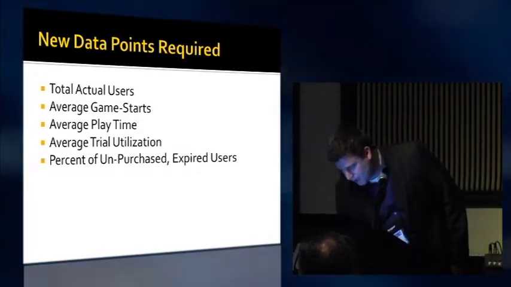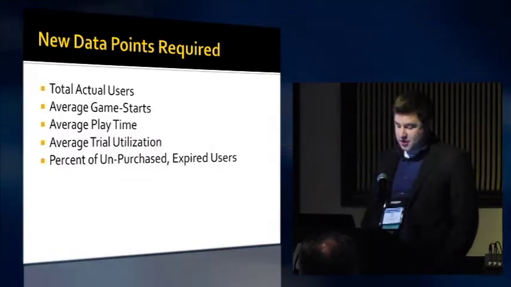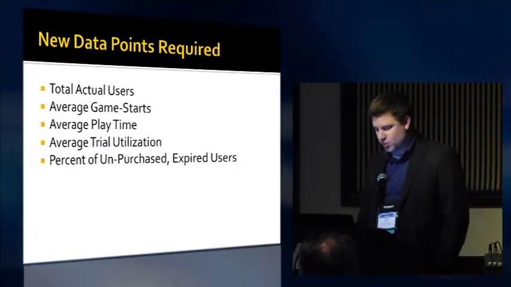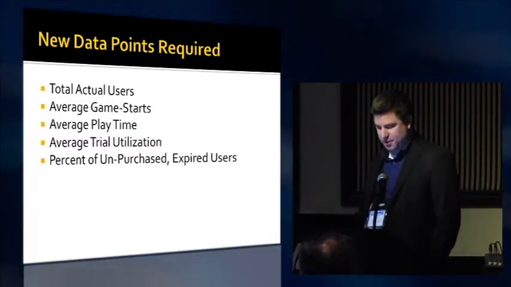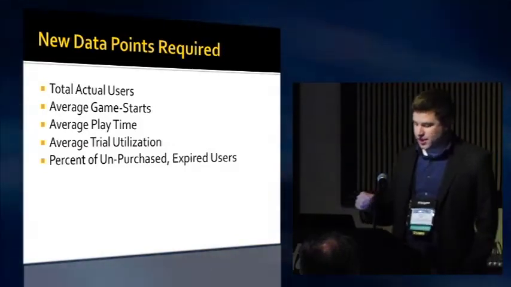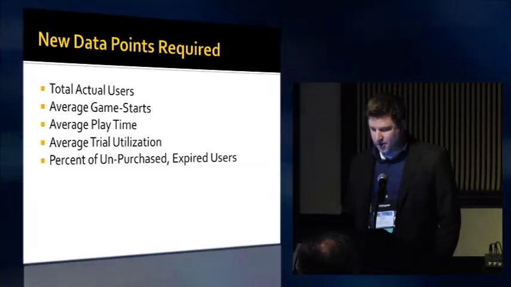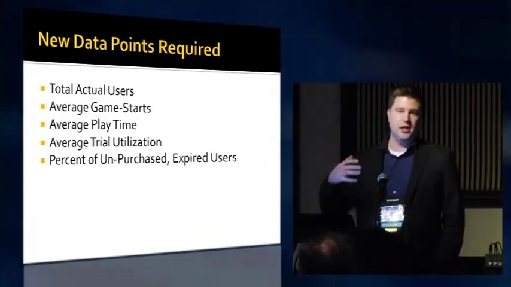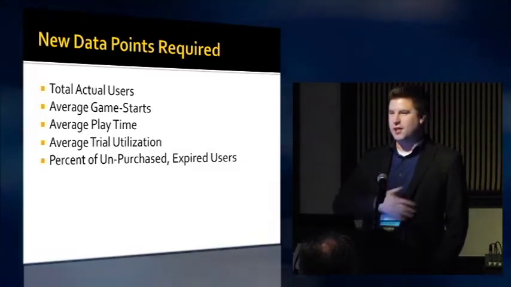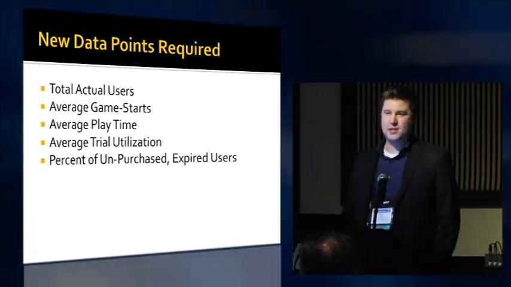So the last measurement I'm going to talk about is a bit of a weird one, and the customer is the one who called it unpurchased expired. Essentially, it's a measure of the percentage of people who are using up their existing trial, utilizing the software throughout the trial, but still don't purchase in the end. So they're downloading it, they're using the entire trial, they're actively using it, and somehow they still don't purchase it